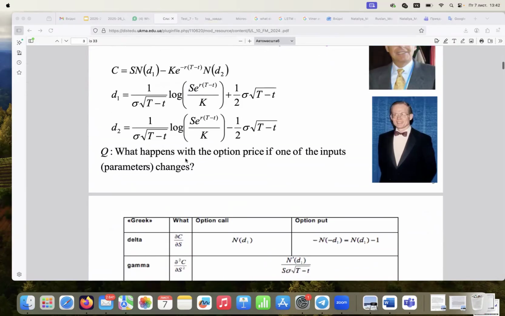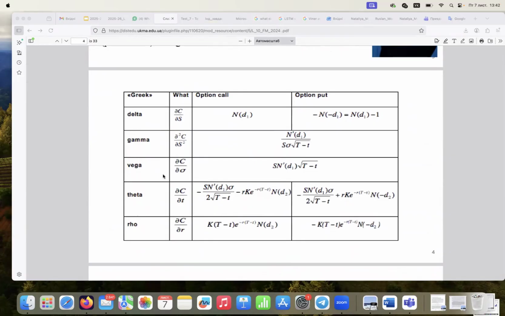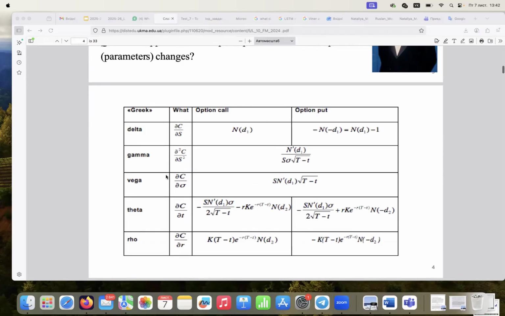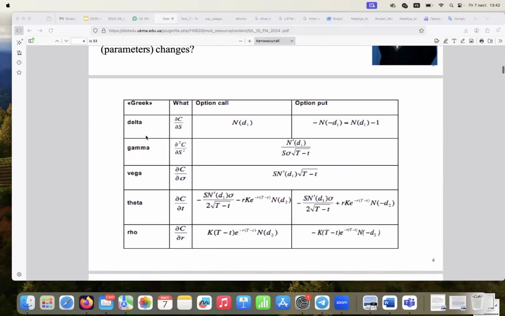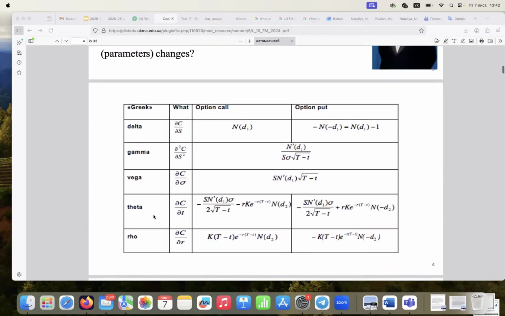The results of the answer to this question we can put in a table, and we can denote these results by Greek letters. That is why we called our lecture the Greeks. So you see delta, gamma, vega, theta, rho. And for example, what is delta? Delta is the first Greek, and this denotes